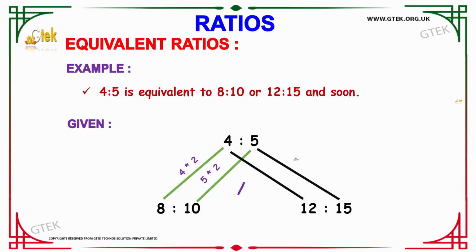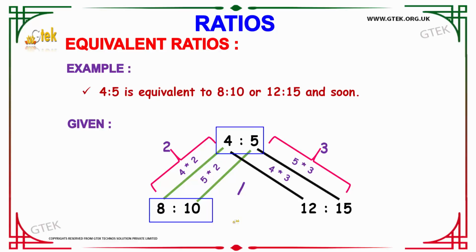You can find another example for the equivalent ratio. The term we have over here is 4 is to 5, which is equivalent to 8 is to 10 or 12 is to 15 and so on. The logic behind this is very simple. If you see over here we have an example, 4 is to 5 is equivalent to 8 is to 10 or 12 is to 15. The reason is that